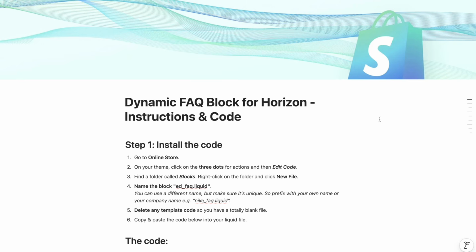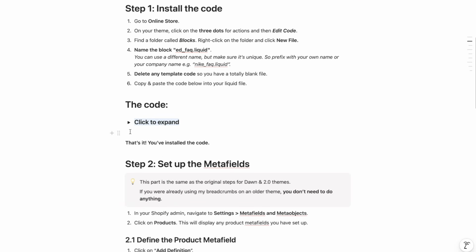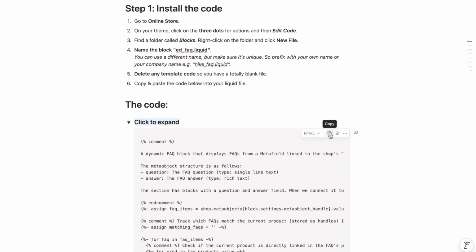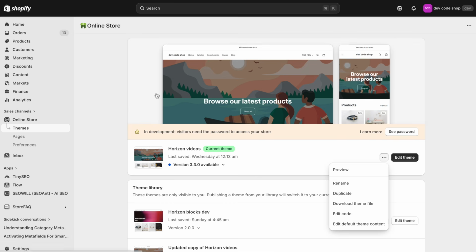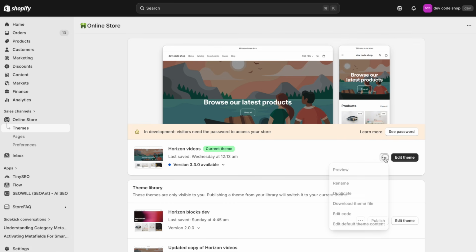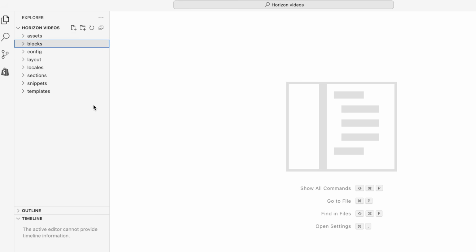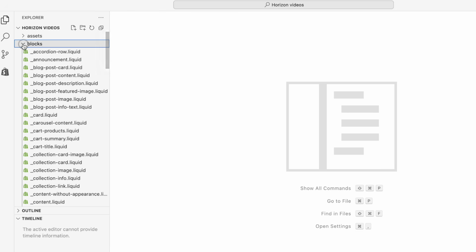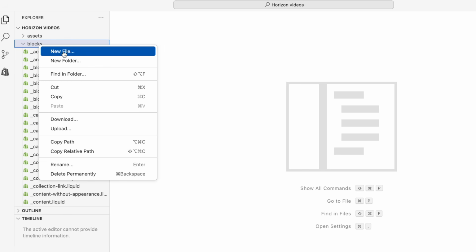Installing the code for the block is also very simple. When you purchase it, you'll get access to a Notion file like this. Scroll down a little bit and copy all of the code from here. And then in your Shopify admin, click on the 3 dots here, click on edit code to open up the code editor window. And inside your blocks folder, you just want to right click here on the folder and click